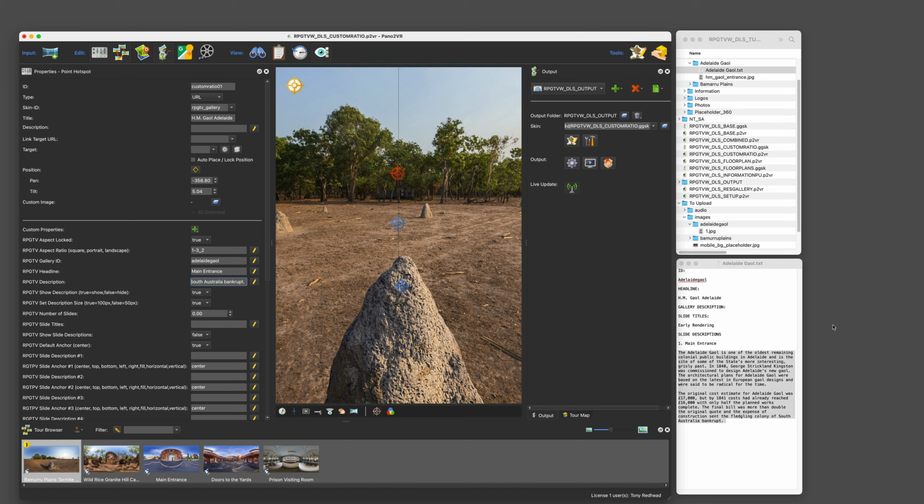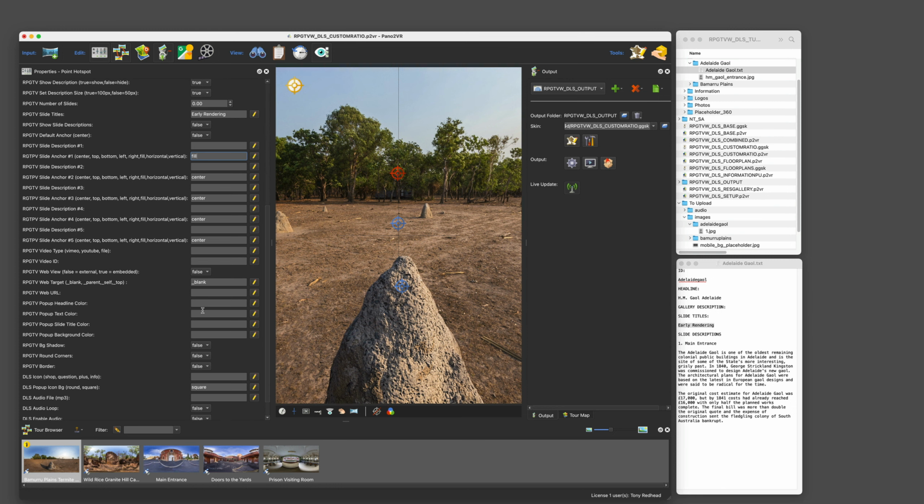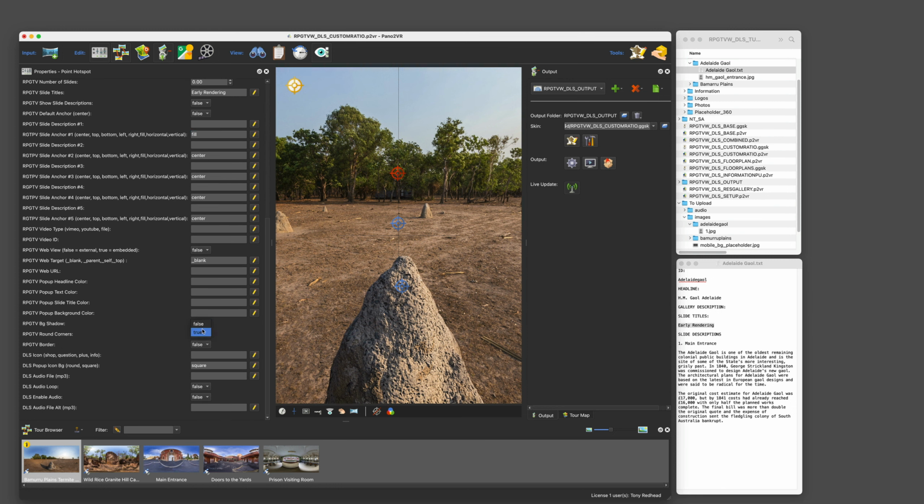I'll leave the number of slides to 0. I'll copy and paste the slide title. I'll leave the show slide description to false. I'll set the default anchor to false. I'll set the slide anchor number 1 to fill. I'll set the background shadow to true, set the border to true, then I'll save the project,